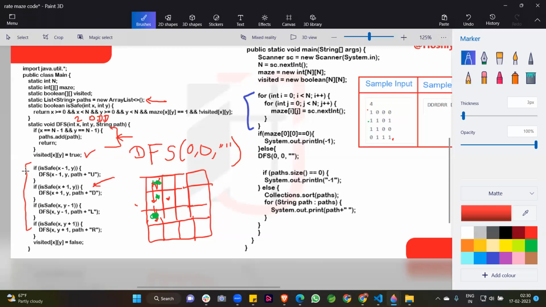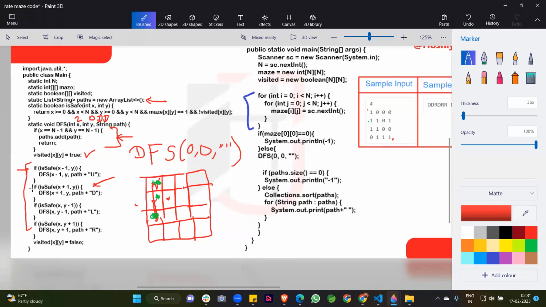After that guys, we come to this position. This is for the upward direction. It is necessary to check the upward direction, and the code checks it, it's the duty of the code, but we know very well this condition is not executed, because when we check the upward direction, the is safe function fails at that time. So we are not going upward. Then we are checking for down. Can we go down? Can we go down? So we are checking for down.